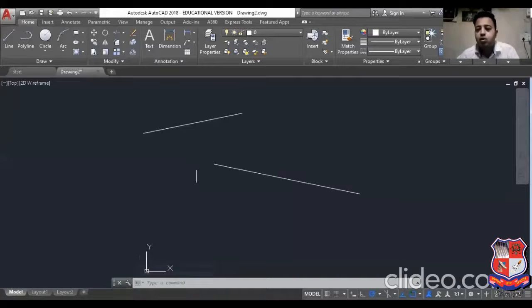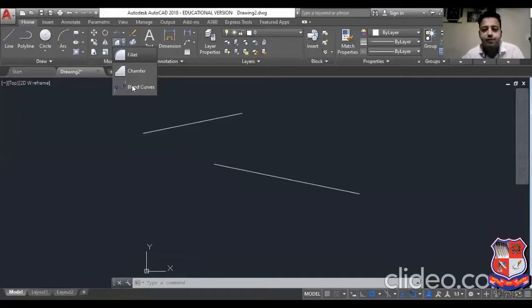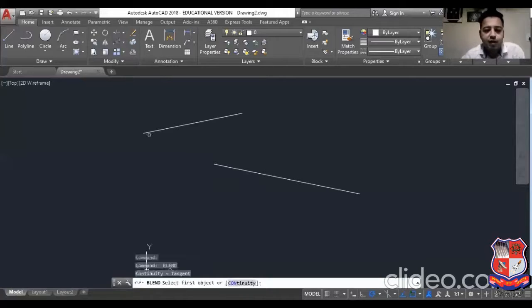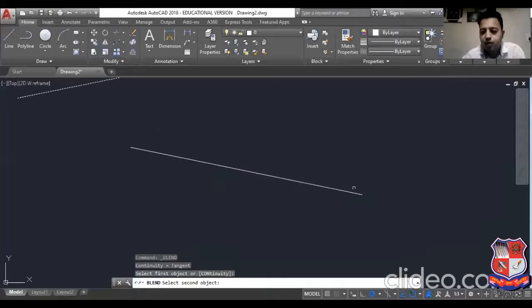Here I select the blend curves button, and I will select this first point, and this is the second point. So you can see the preview of how it will join, or you can also select this end, and you can see how it will join.